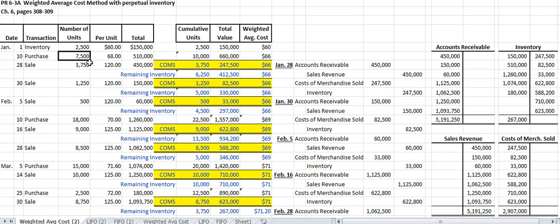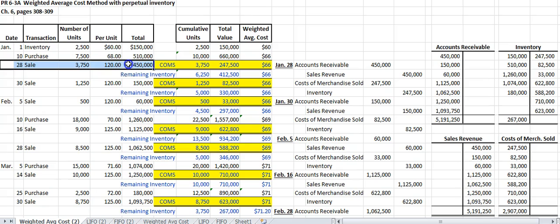So the weight that it's going to carry is 75%. This one has 2,500 units, so it'll carry a weight of 25%. And so the weighted average is going to be closer to the 68 than it is to the 60. And that's just math. I shouldn't be explaining that at this point. You should understand that type of math by now. Okay, so